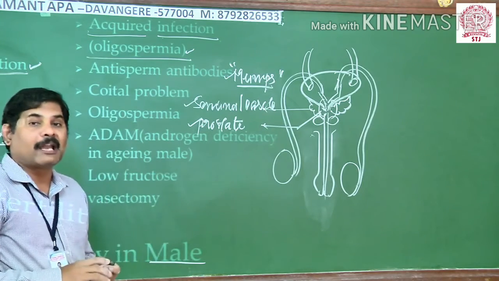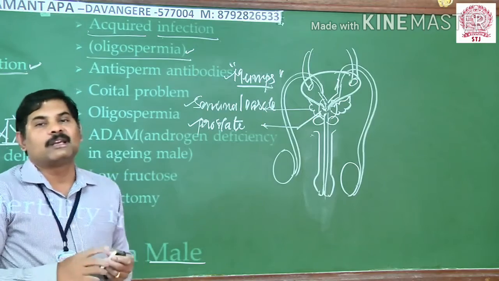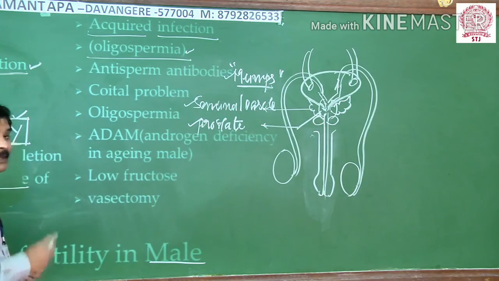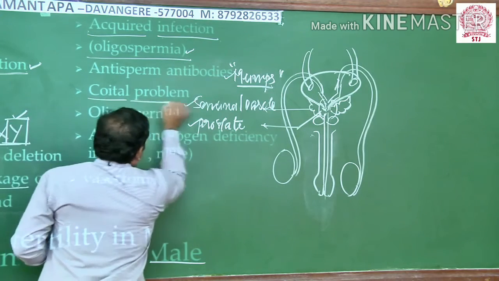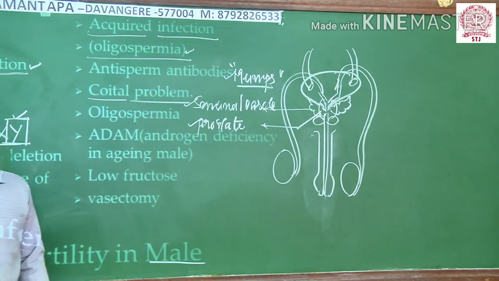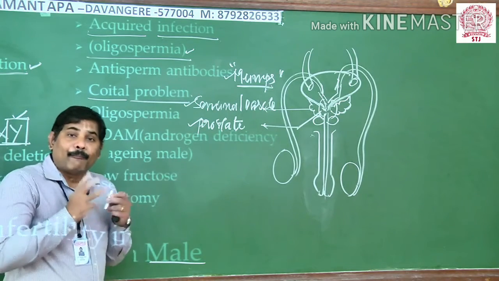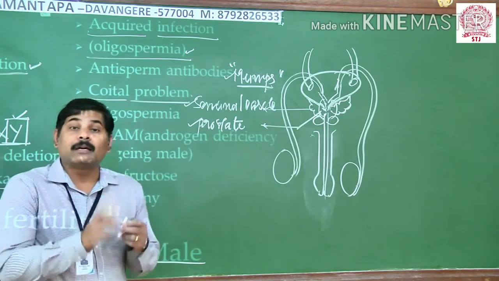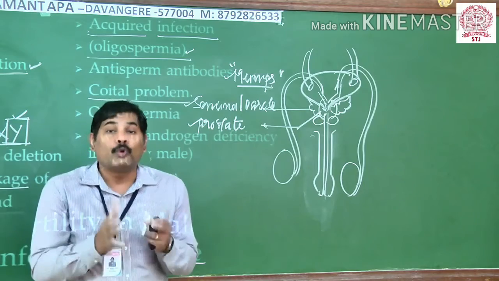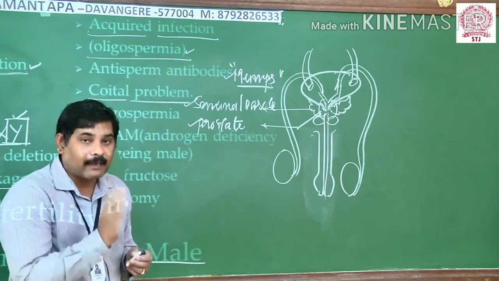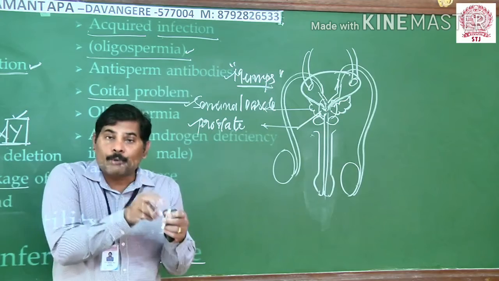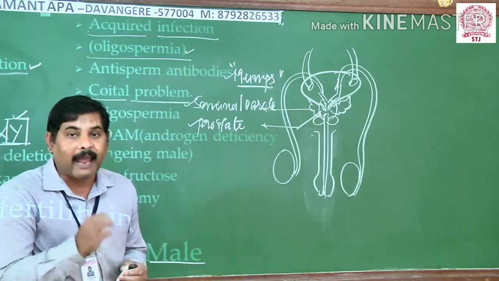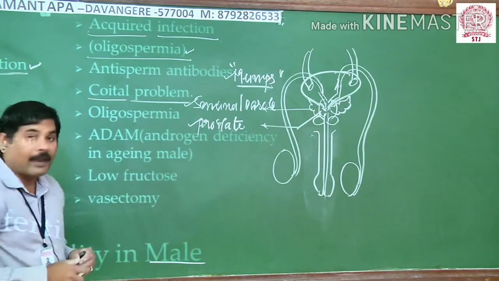This oligospermia includes production of very few sperm, and they are all present in the semen, so it doesn't lead to fertilization. Thereafter, coital problems are one more important problem. In this, the male cannot produce sperms is one thing, and the male cannot ejaculate or inseminate a good number of sperms into the female genital tract. So if they fail to produce and release a high amount of sperms into the female genital tract, it leads to coital problems.